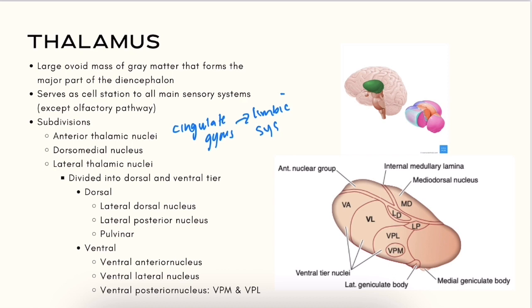So that is your anterior thalamic nuclei. When we think of the anterior thalamic nuclei, we think about limbic system and recent memory and emotion. Okay, next we have our